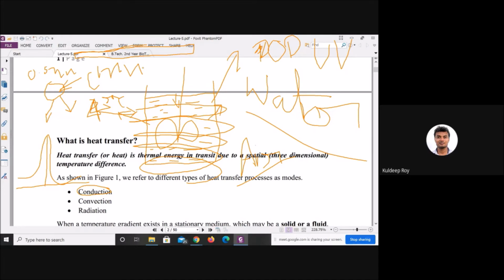Okay, how much is the material thickness? Here conduction will happen. As I already told, conduction occurs at the place where there should not be any kind of flow. So the material thickness will be fixed throughout the whole circulating coil.